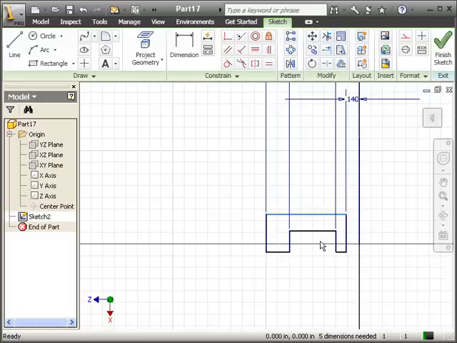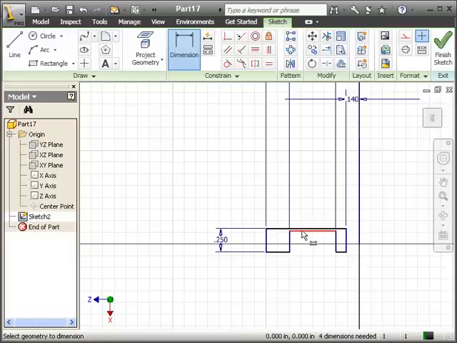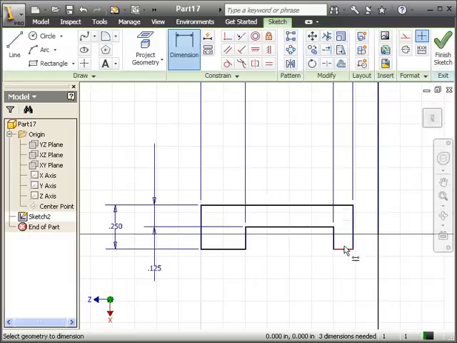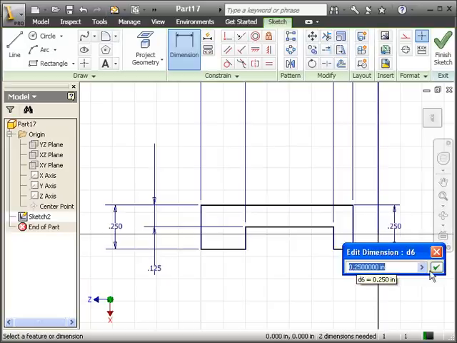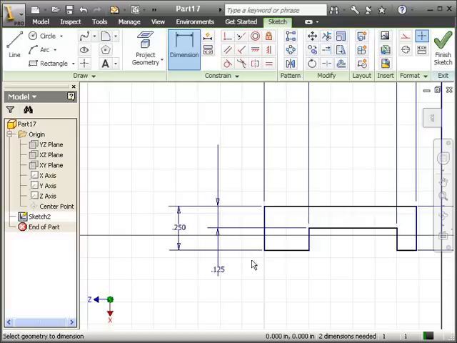Okay, now let's go ahead and do that. The distance from here to here should be 0.25. The distance from here to here, this one should be half of 0.25, which is 0.125. And let's make sure that we also dimension the one to the back. Okay, and it should be 0.25. Good. Okay, now we need to make this curvature right here, which is going to be half a circle,